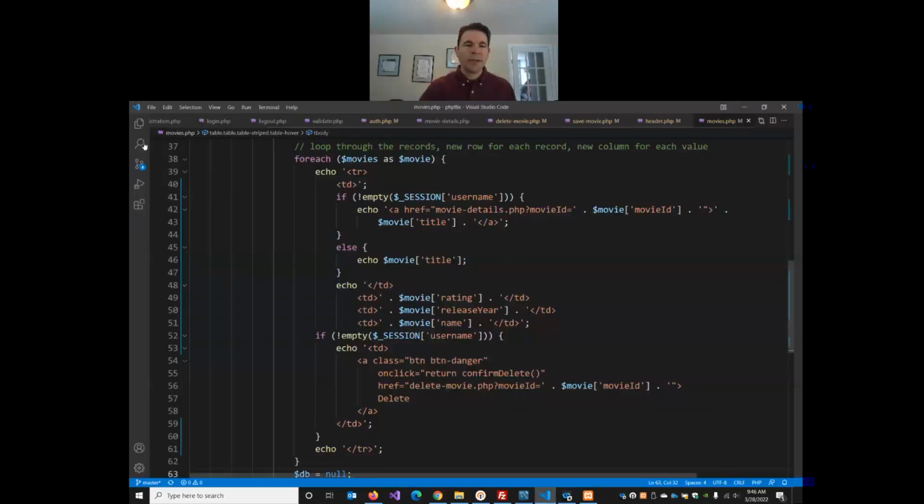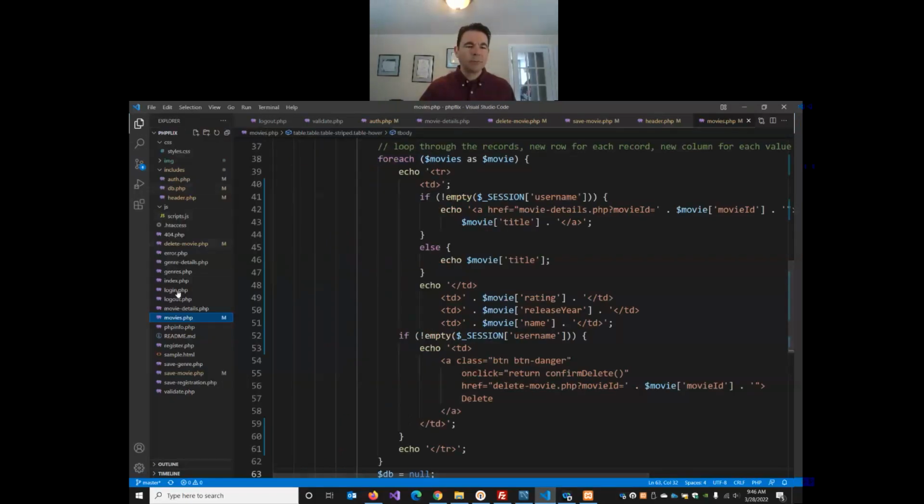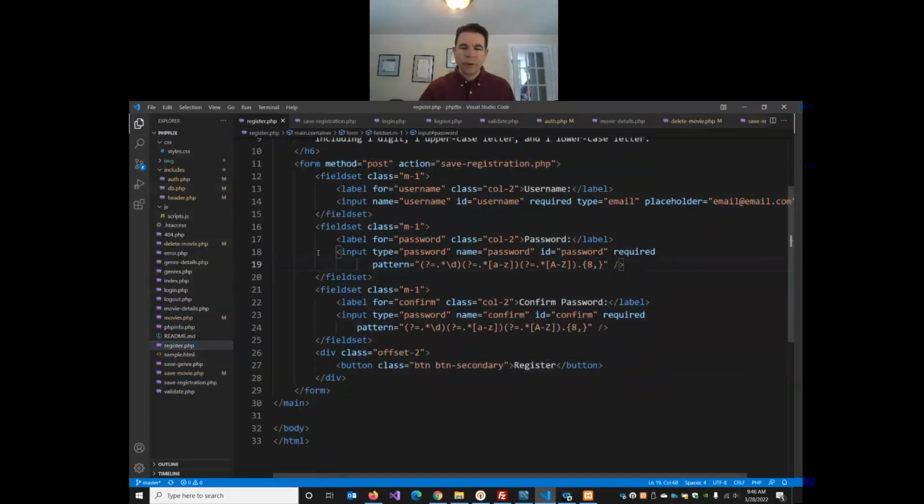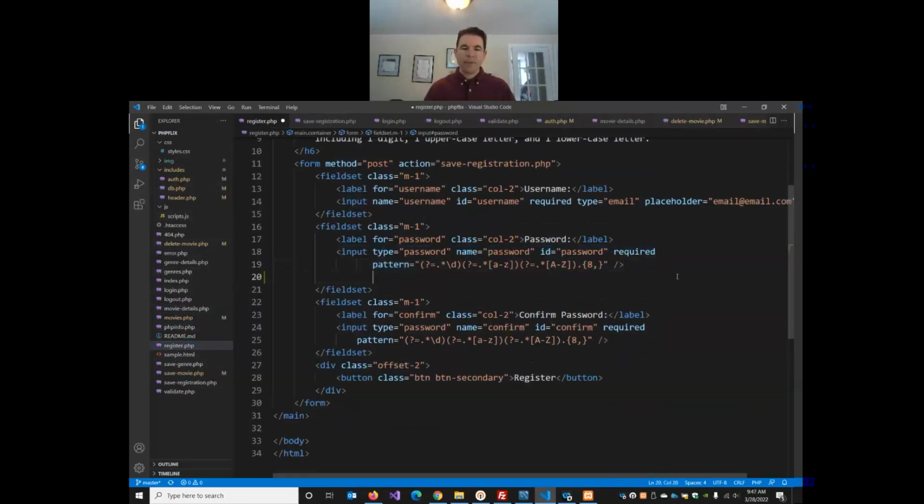So I'll go to my register page. And here's my password input. So beside it, I'm going to add